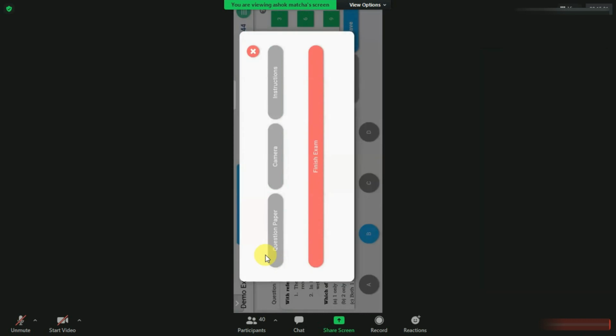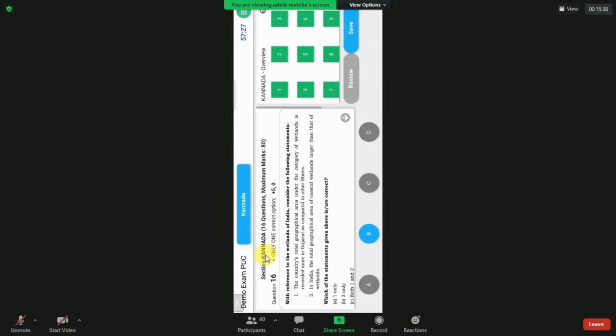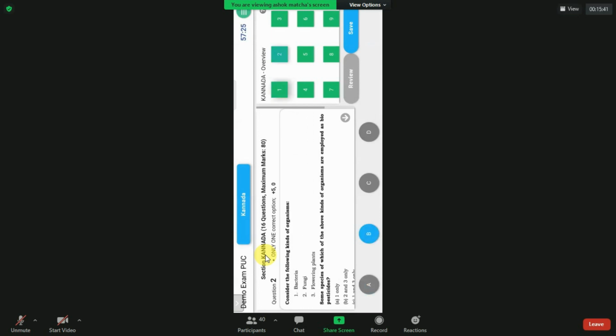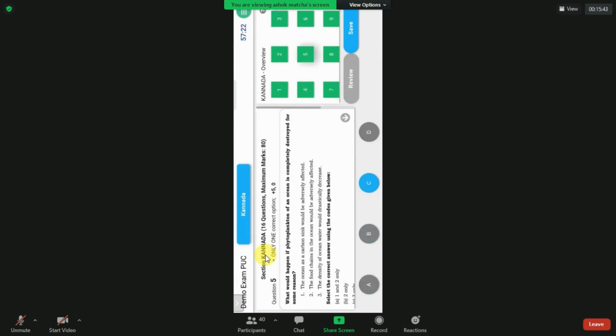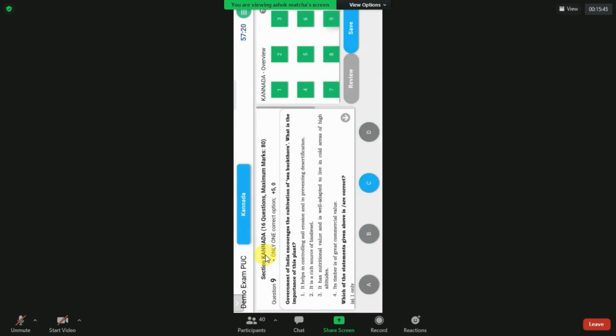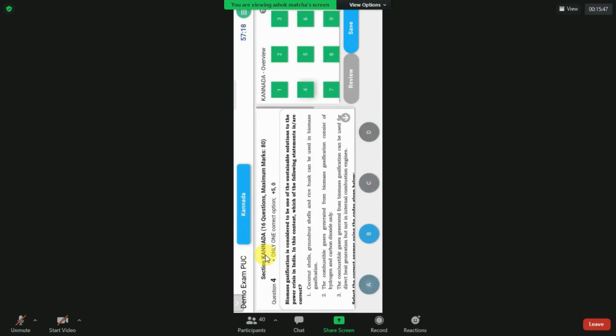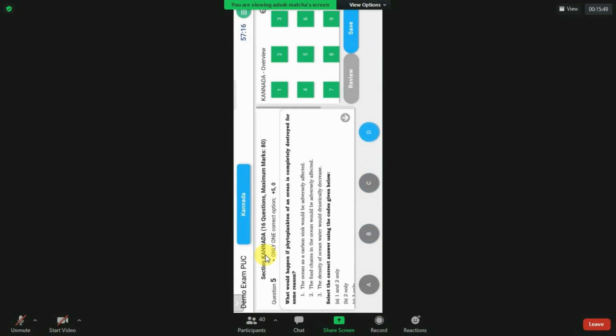After answering all the questions, this is how the end slide will be. Finish the examination. Once you finish the examination, it will be automatically submitted and you cannot do anything after that. You cannot take the examination again. If you do not want to submit, if you want to verify, you can directly go from the first question onwards again, and you can change the answers as well. Before submitting, you can change any answer, but after submitting, you cannot change anything.